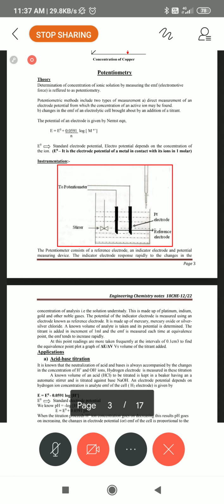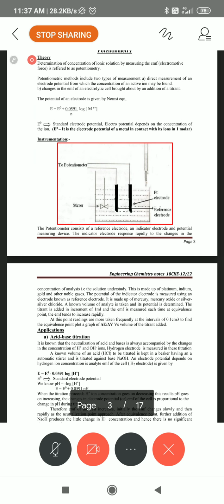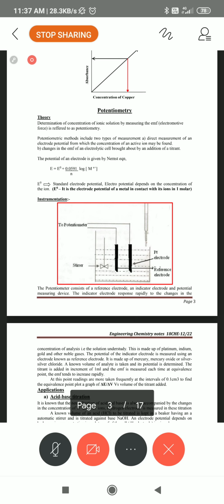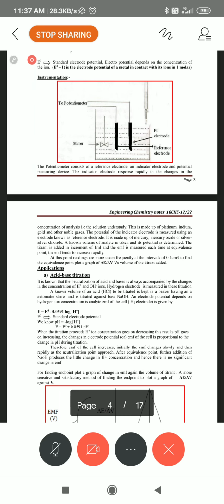So after adding 5 ml, you can get 120 millivolts. So 120 minus 100, that is delta E. For 1 ml, 140 minus 120, that is delta E. For 1.5 ml, 160 minus 140, that is delta E. The delta E is supposed to stay constant, though it may vary a little bit. We don't bother about that. We are only bothering about the potentials we can get.